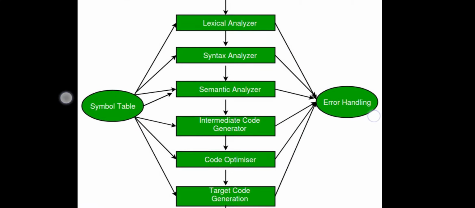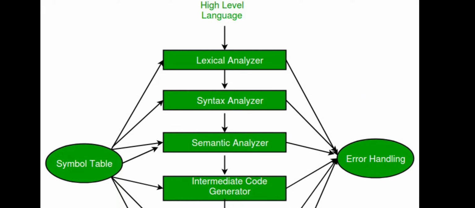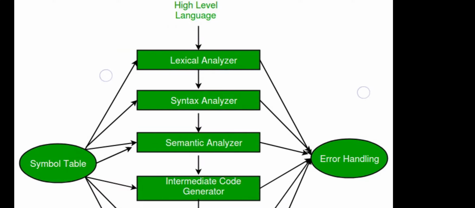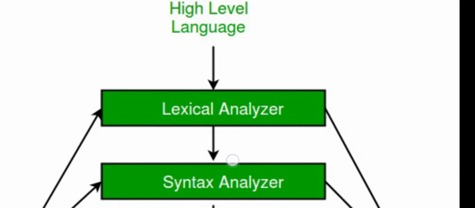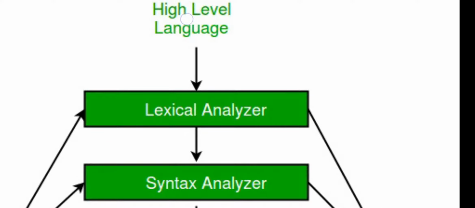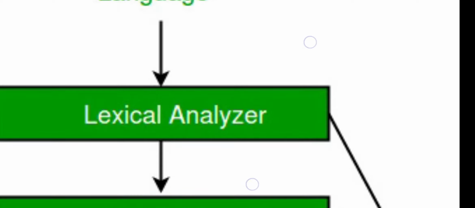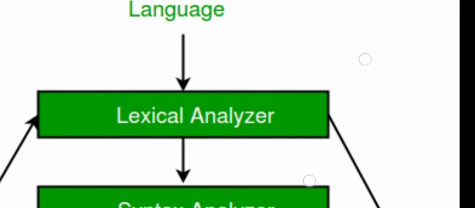Okay, so today the first thing we are going to discuss is the phases of a compiler. So how a compiler actually works. When I'm talking about the compiler, the first step is that the compiler takes the input, which is the source code, basically written in a higher level language. It means when you are writing a program in C language or any other programming language, Java, HTML, whatever it is, it is written first in a high level language.